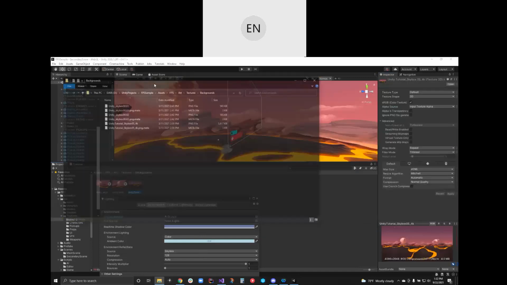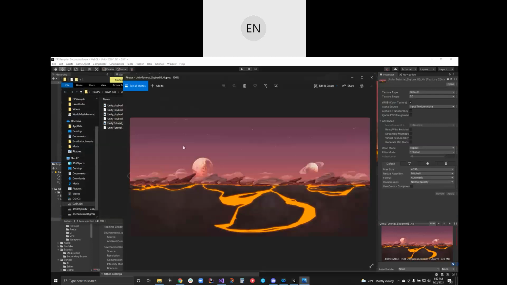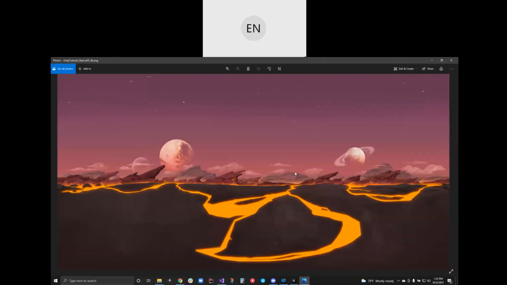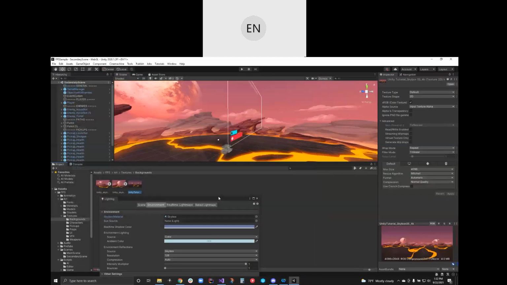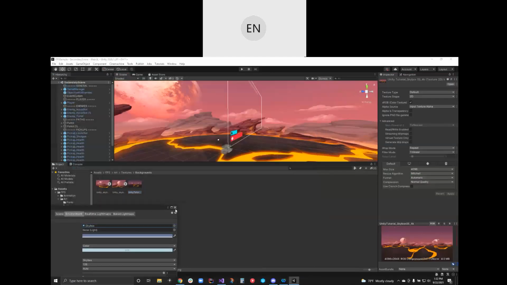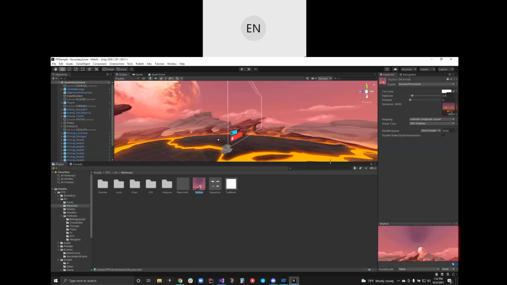Right click, show and explore. Here we go, 4K PNG. So PNG is an image file. This is ultimately just a massive panoramic. Notice it's very long as opposed to high. And this is wrapped around a big sphere in a panoramic manner. All right, so it's a texture that's applied to a material that's wrapped on a big sphere around you.